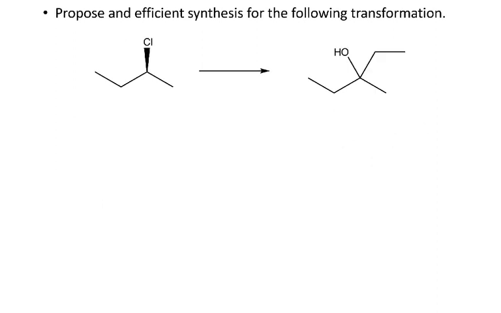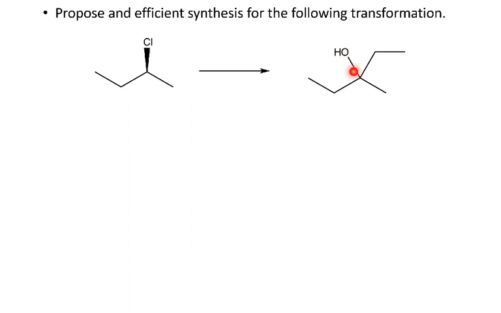Okay, so one more example. In this case, again, we want to check and see if our carbon skeleton changed, and in this case it did. I started with 4 carbons, and then in my product I've added this ethyl group. Again, kind of working backwards, I know my carbon skeleton changed, so we could use terminal alkylation, we could use Gilman's reagent maybe, but